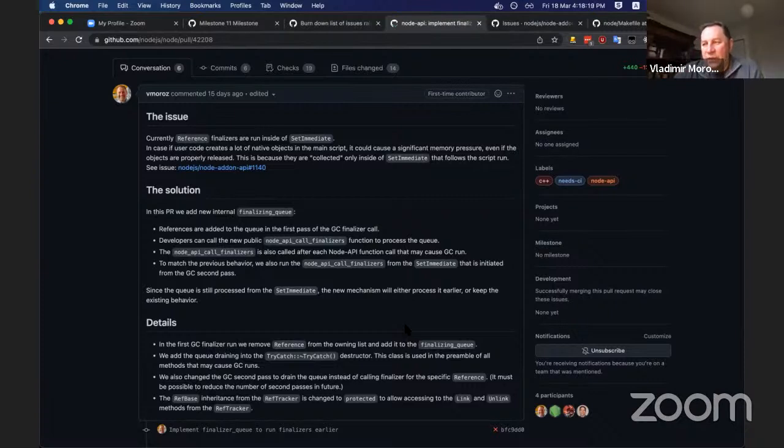But I think we can have an alternative solution. Instead of running them from set immediate, we can still run them from GC second pass. But if we have any exception, rather than bubbling it through random Node API call functions, we can call the same unhandled exception